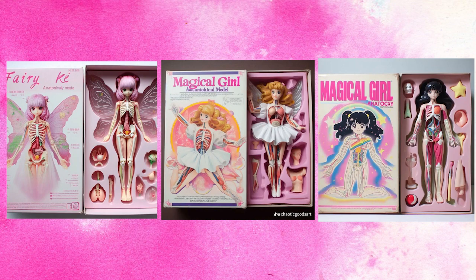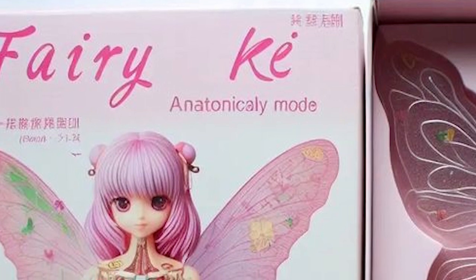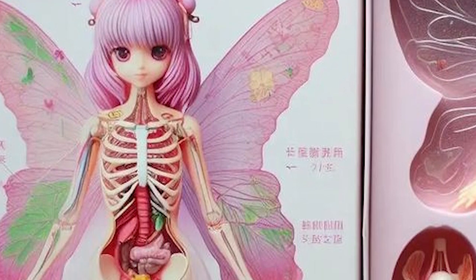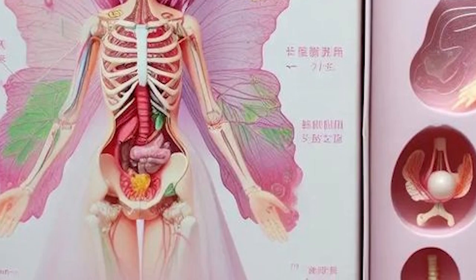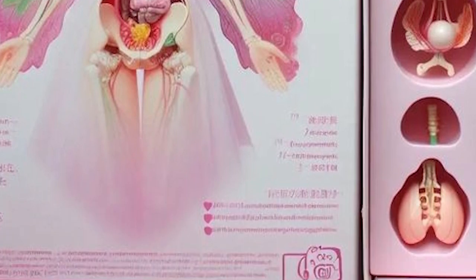So before I start, I want to look at the really funny attempts at the AI trying to decipher English. Fairy ke, well, has a little dot over the E, that's pretty funny. Anatomically mode. Okay, you also can see that it was attempting to write in Japanese and some stuff on the bottom, so I'll give props that it's somewhat decent looking, like the lettering is decent, but yeah, it's missing a letter for the ke. Pretty sure it's supposed to be fairy K. I don't even know if that's considered fairy K because of the anatomical body, because that feels more girl kawa,